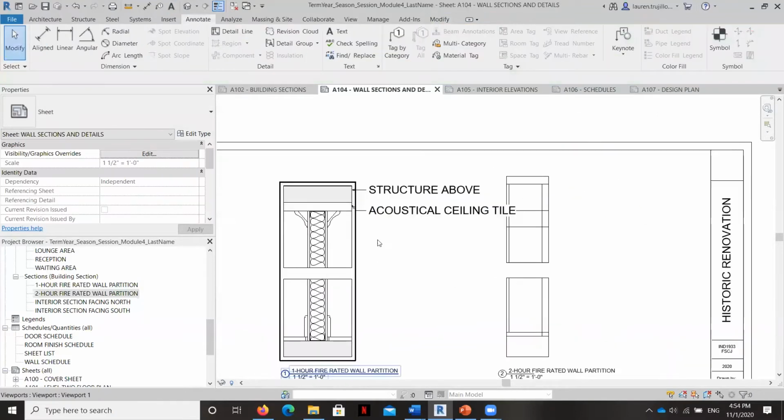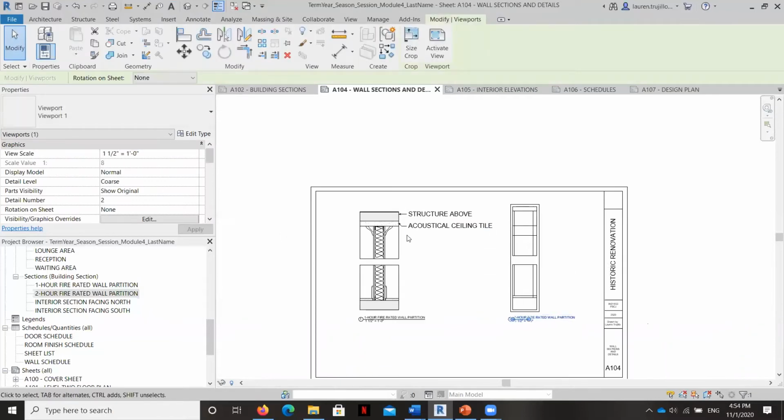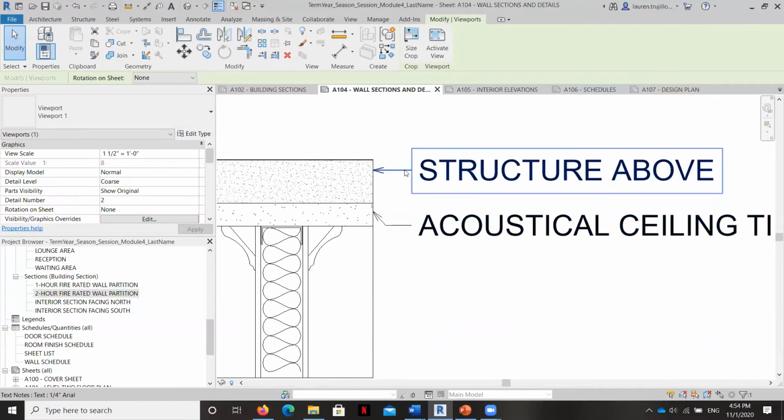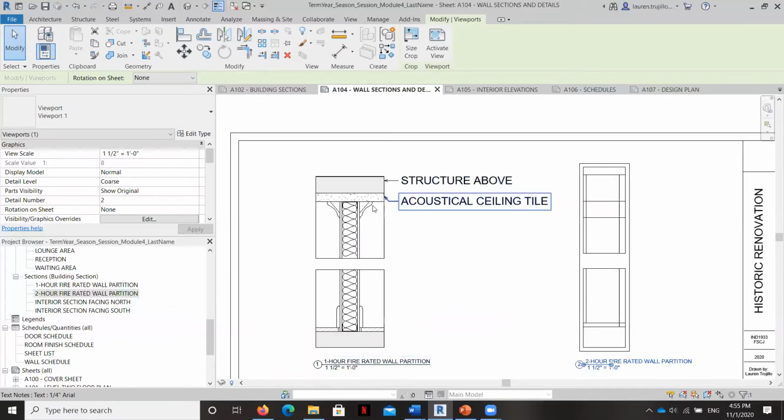And keep in mind too, this is easy to move. We'll go ahead and move that just for right now. Keep in mind here that we want to make sure that the leader lines are not too long, because we don't want the eye to have to travel very far when we're looking at these labels, and we don't want the visual clutter of really, really long leader lines. So I'm going to pause right now, and I'm going to label the rest of the elements on here, and we will be right back.